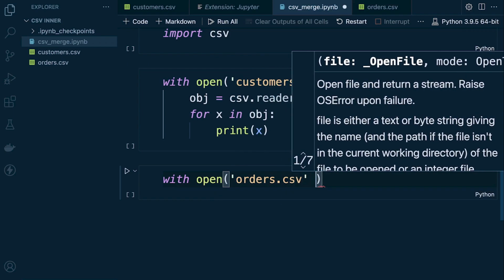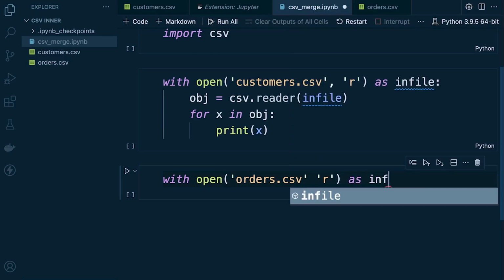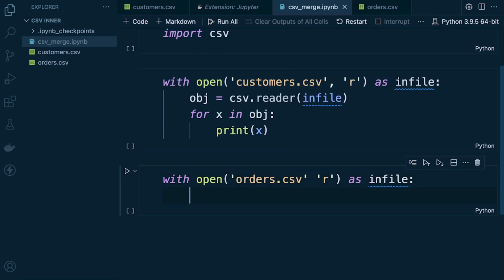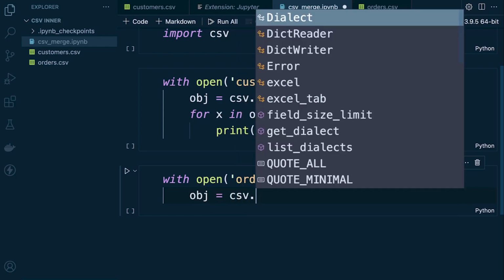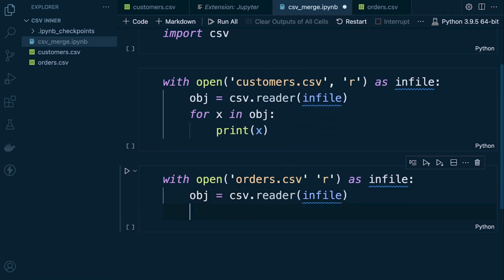And then again, it can be just read only. And then as, let's go for in file again. So this time, same thing again. Let's create our object equals CSV reader. So we're going to read this file, and then we go ahead and, well, in this case, like